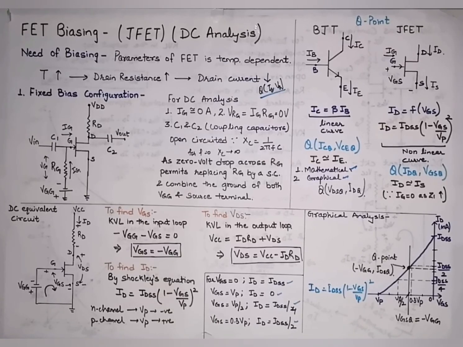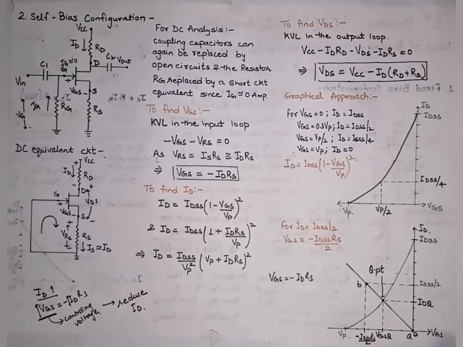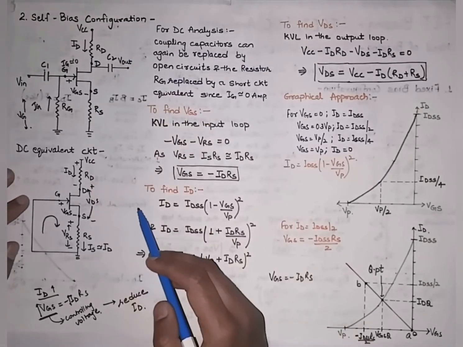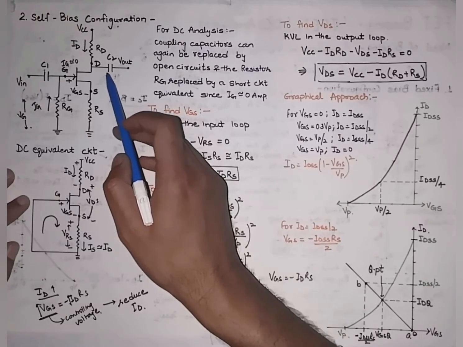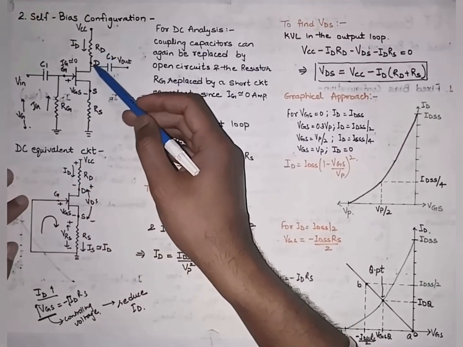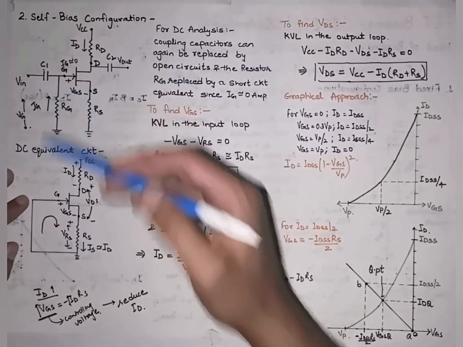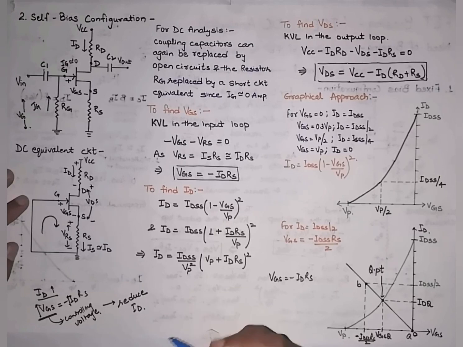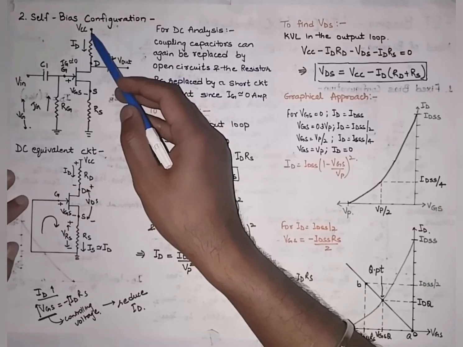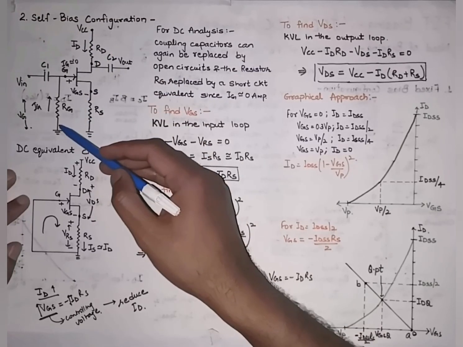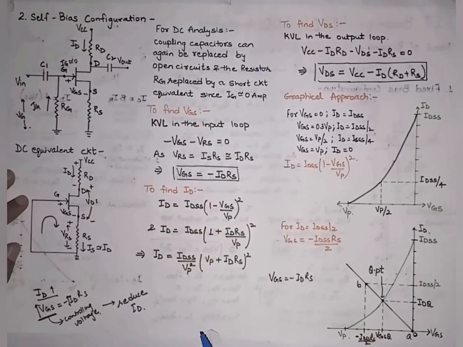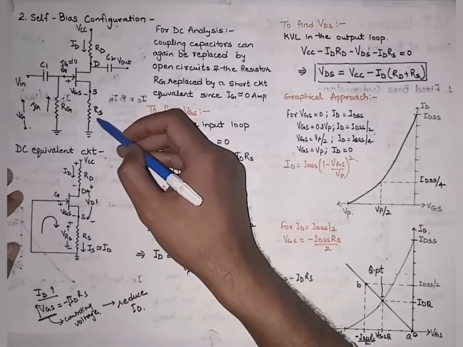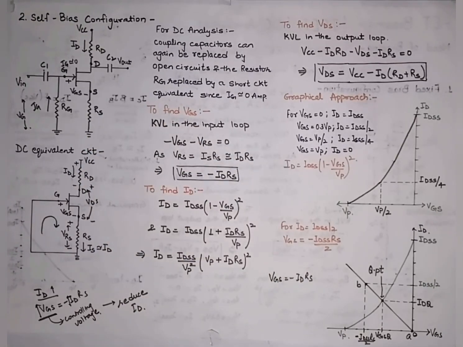Next is self bias configuration. This is the circuit of self bias configuration. We can see here also that there are two capacitors C1 and C2, the coupling capacitors, connected at the input and the output, one resistor RD at the drain and the resistor RG at the gate of this JFET. But there are two differences in comparison to the fixed bias configuration. One is that there is a single source VCC over here, no VGG is present. Also one additional resistor is there, RS, connected at the source terminal. So let's see how these things are going to help us in providing more stability to the system.